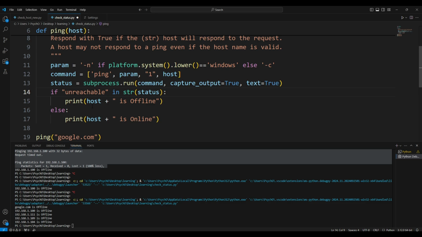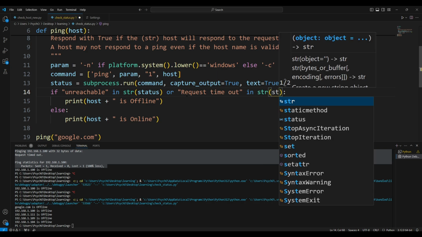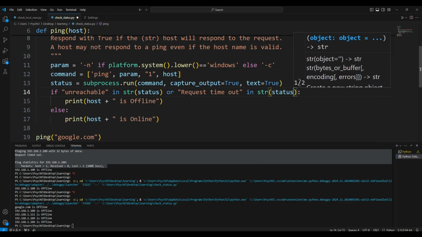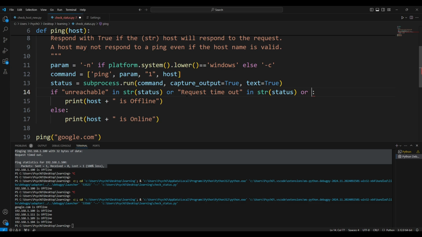So if unreachable in string of status, or what else can we have? Request timeout, I think, also in string of status, or